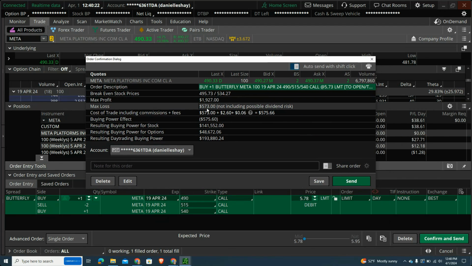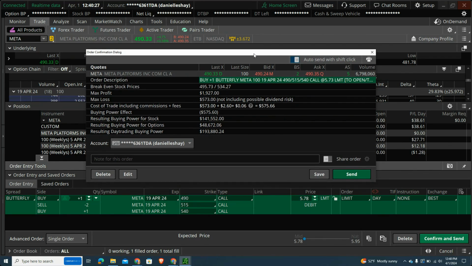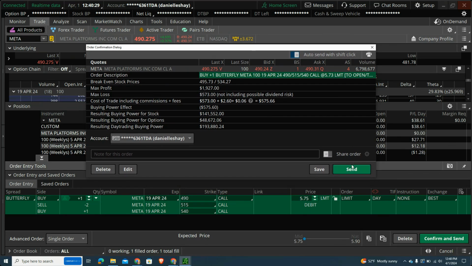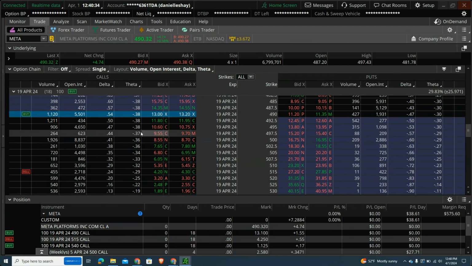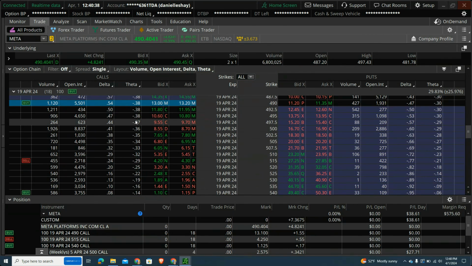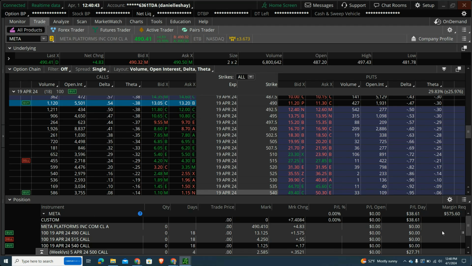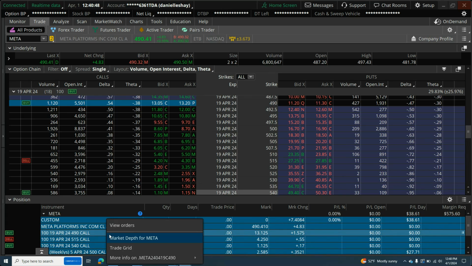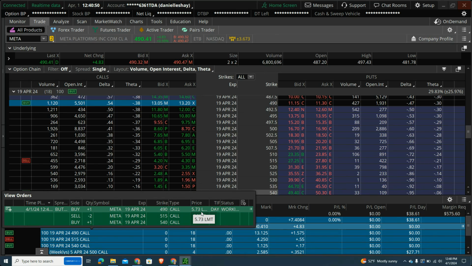You have about 1 to 4 risk reward ratio, which is exactly what I want on a butterfly. And it's within my risk parameters. So I like that. I'm going to go ahead and add that one. And then basically the way I'm going to manage this is I try to go for like 75% win on the butterfly. So that means if I'm spending $5, what was it? I was bidding on this one, $5.73. So if you're paying $5.75,